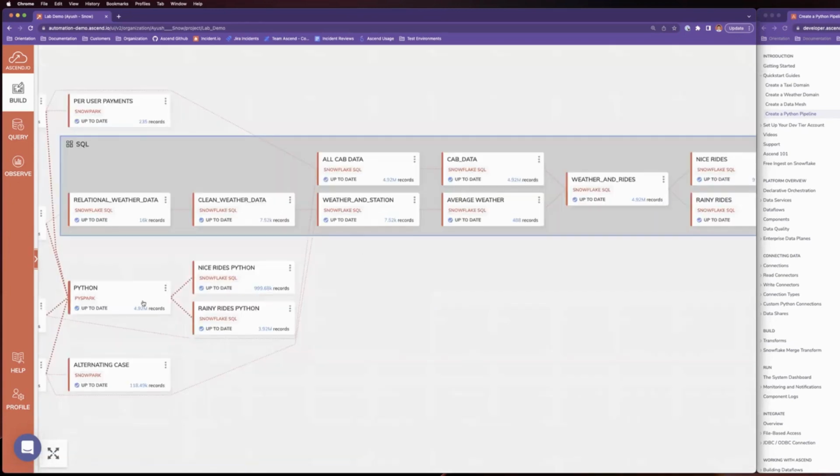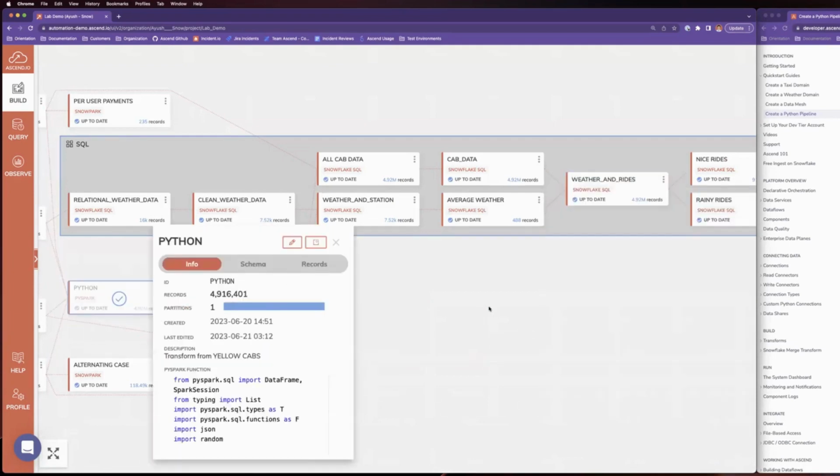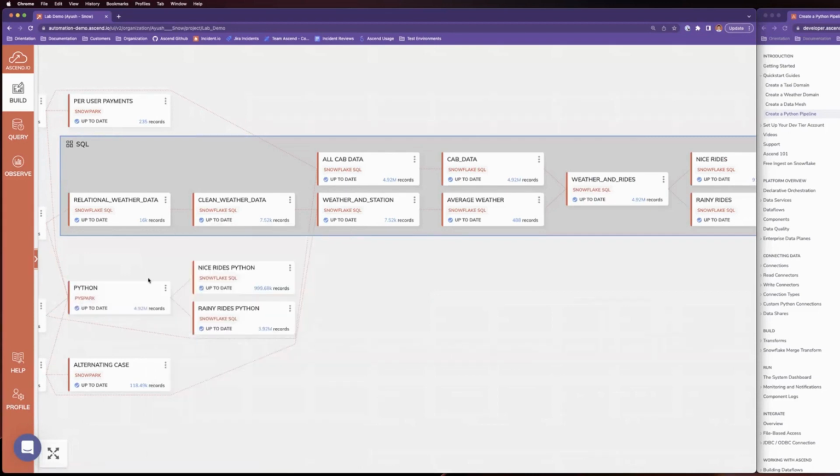You notice here that's 4.92 million records, 4.92 million records. And if you want to check the numbers, 4.916, 4.916, right? So at the end, we've effectively condensed these 7 down into this single one. Obviously, every single transform here will run a little bit faster than this whole transform, but the whole transform hopefully should run a little bit faster than the 7 transforms. If not, maybe it's not the best use case for it. If it is, that's all well and good. But that's up to you in your own defined pipelines.